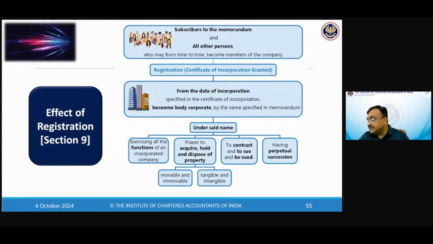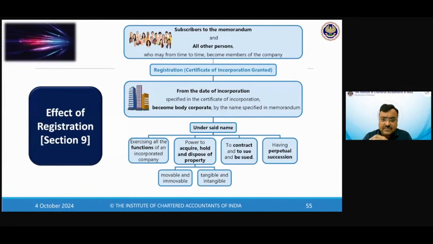Subscriber to the memorandum and all other person who may from time to time become member of the company. Registration हो गया, तो जो सब्सक्राइबर है वो मेंबर बन गए, and all other persons from time to time become the member. Company got registered from the date which is printed on the certificate of incorporation, and from the date of incorporation specified in the certificate of incorporation become body corporate by the name specified in the memorandum and in fact in